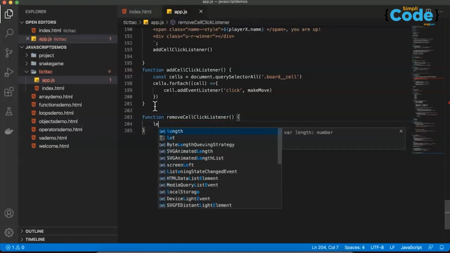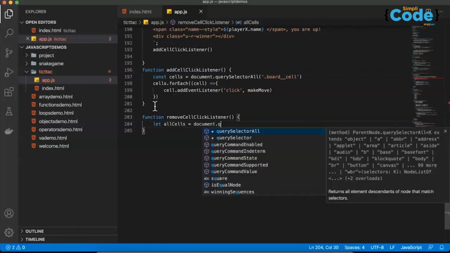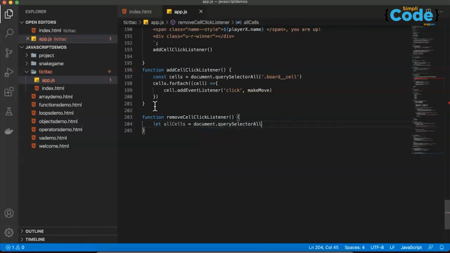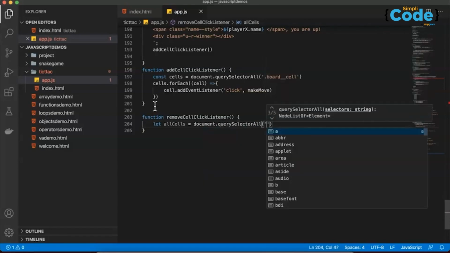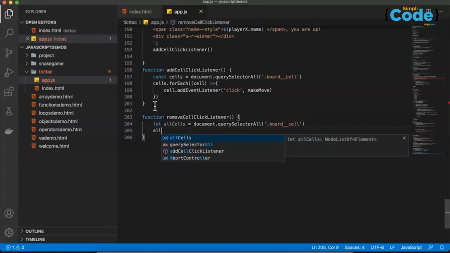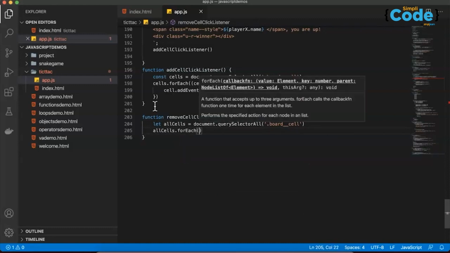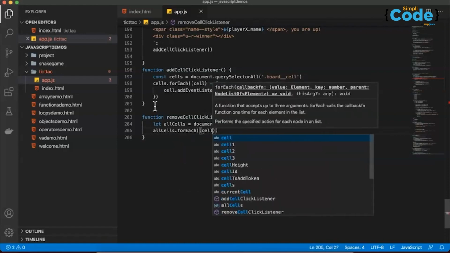Now here we say let all cells equal to document dot query selector all. Let's pass board cell, and now we say all cells dot for each cell,